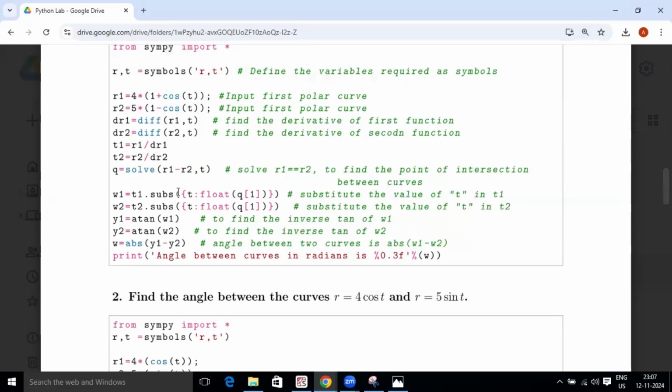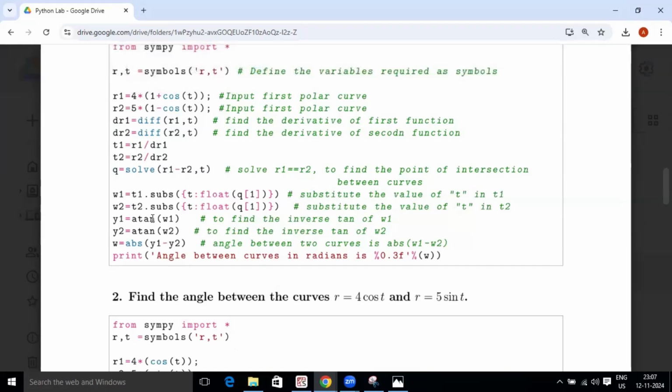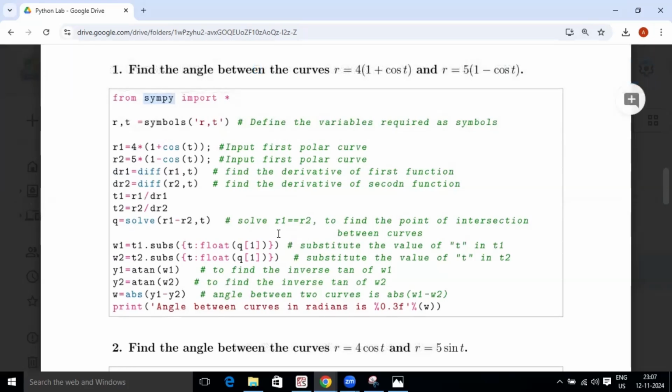And finding the angle between curves y1 and y2 and w, and print. The atan function is used to find the angles whose tangents are w1 and w2. The absolute difference between these angles gives the angle between the two curves at the intersection point. So basically, this code effectively demonstrates how to use SymPy to perform symbolic calculations and find the angle between two polar curves at their intersection point. So if I execute the same program in Python,